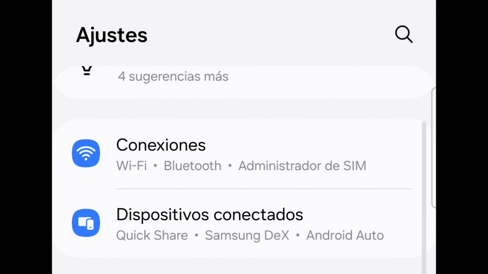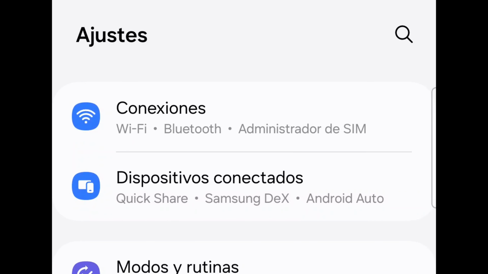Okay, and we see things like conexiones. Now, in your settings, you automatically know what's in your settings. Things about your connections, your Wi-Fi, your other settings, your screen, and things like that. So we've seen this icon before. You already know it means connections or something. So when you see conexiones next to it, you can gather that means connections.